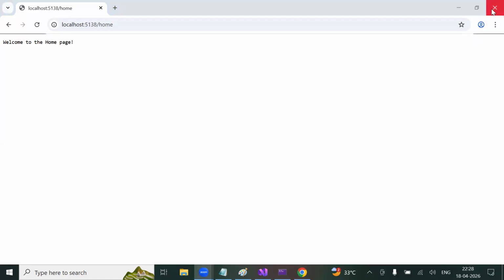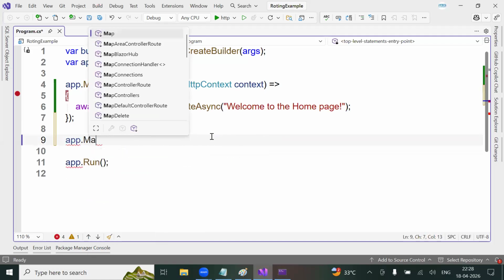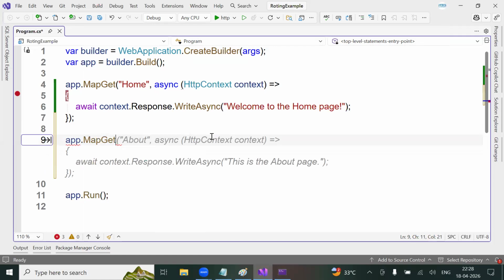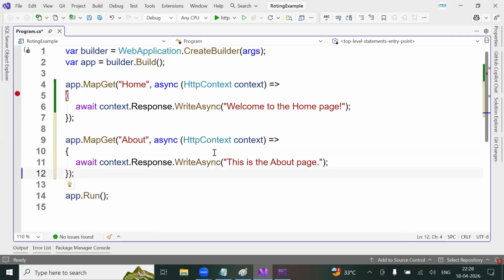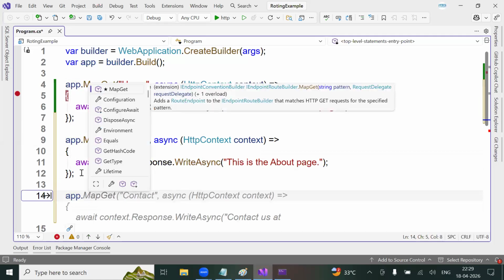Okay, fine. Sir, I want to create one more app.map get about. Now, if I pass home, this welcome to home page will be executed. If I pass about, this one will be executed. Sir, if I normally have app.map,